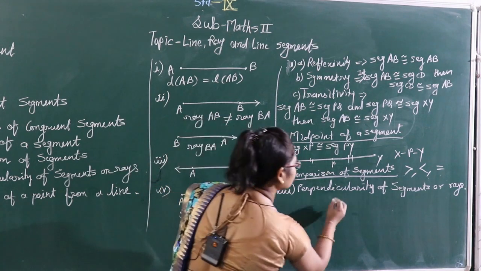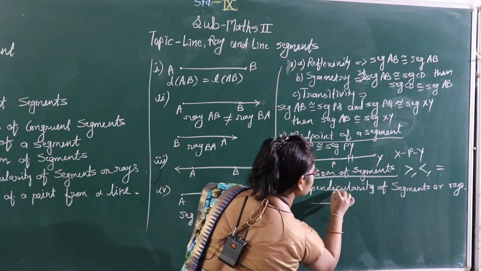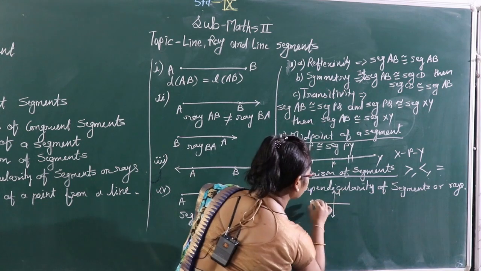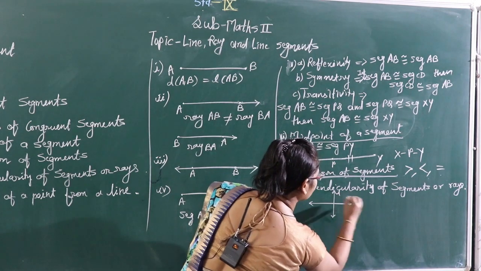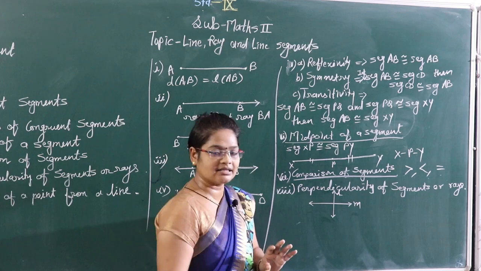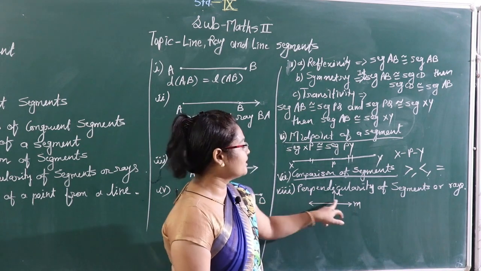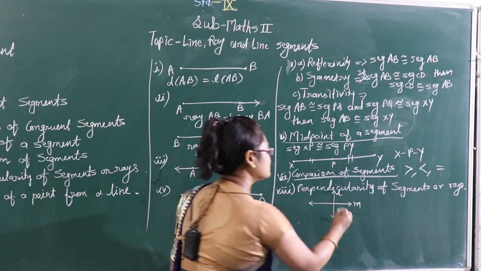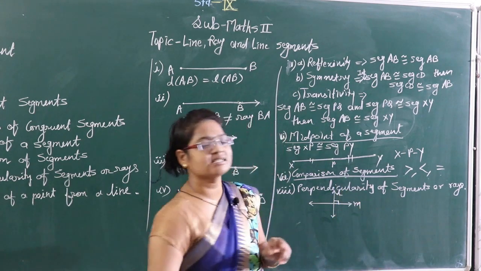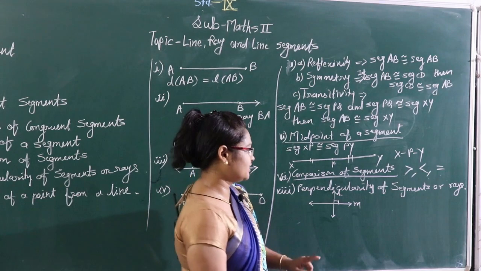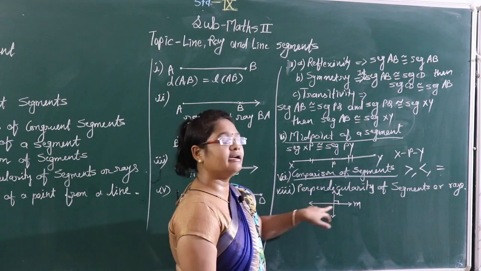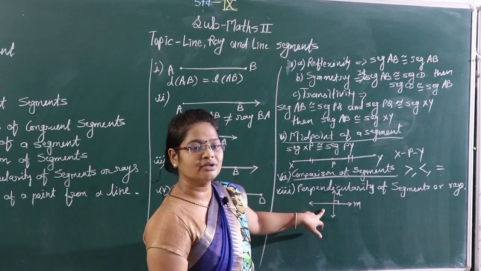We will draw two lines. Suppose this is line L and this is line M. Okay, I have drawn two lines here. Suppose the horizontal line is line M and the vertical line is line L. So if these two lines make an angle of 90 degrees, then we can say that line L and line M are perpendicular to each other.